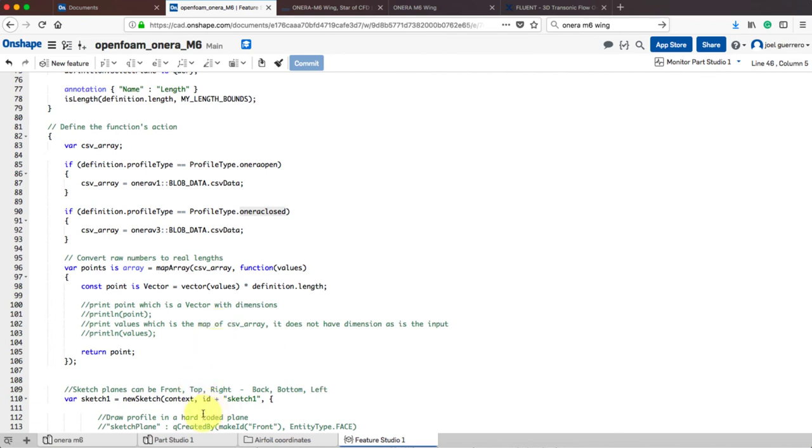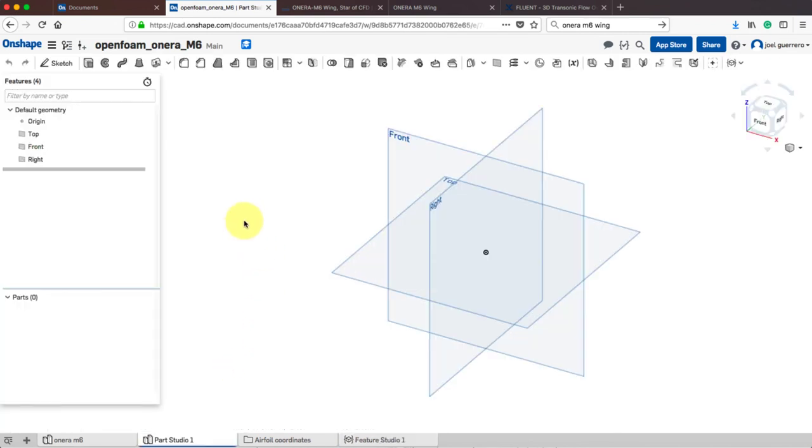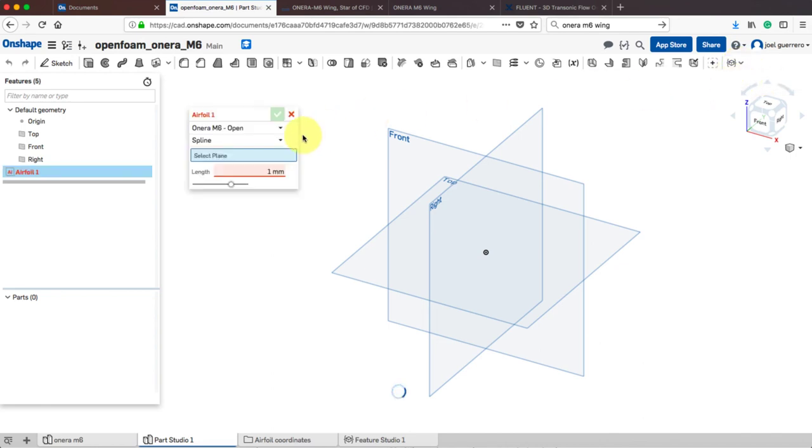So we have our data, we have our documents. So the first thing is that I want to import those coordinates. So go here, custom features in this workspace, and here we already have this feature script that we created. Click here and see here that exactly what you saw in the feature script in the source code, you have the options available here. So I want to use the closed action. You have the choice between a polyline or a spline, so let's use the spline. And this is very powerful. This is what I really love here, that we can choose the plane where I want to project that one. So I want to project it in the front plane, or you can create your own plane. So project it there,